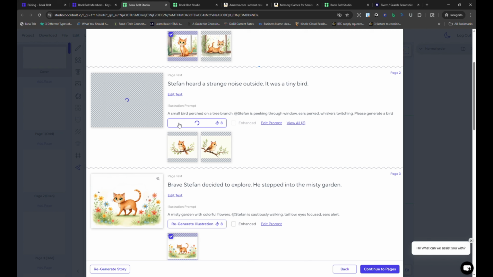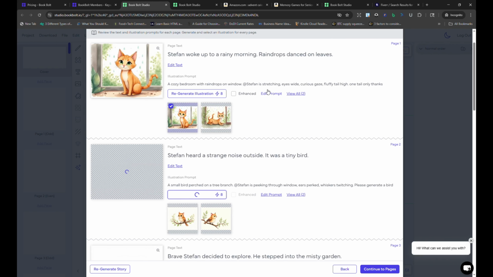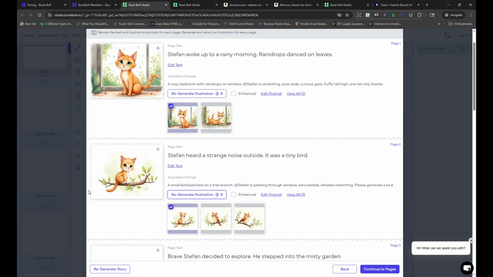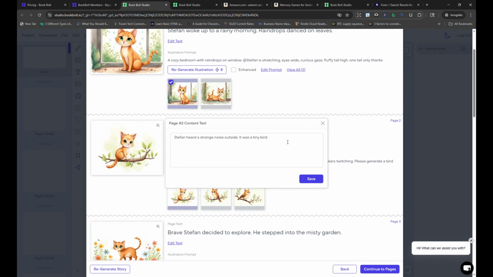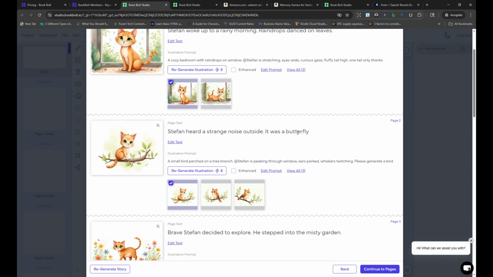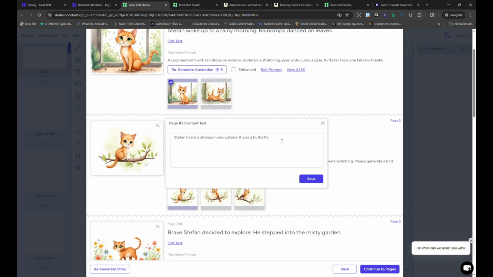And let's see what we come up with. This is going to be pretty interesting. I've never seen something so revolutionary. And I'm pretty sure that all these designers, those people you see on Fiverr, they have some AI tool. Oh my God, this is actually quite disappointing. Okay, you know what? This bird is giving me trouble. Edit text: tiny bird, noise outside. It was a butterfly, if butterflies actually make noise. No, actually, it was a